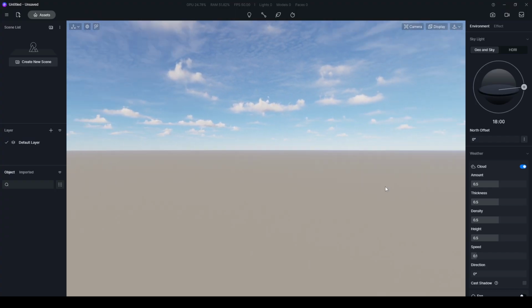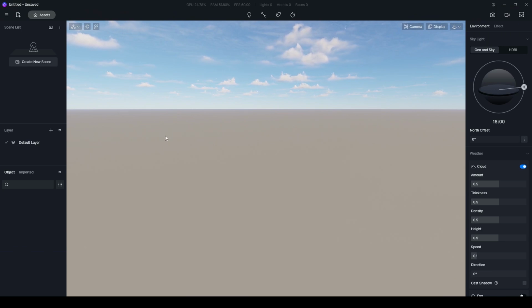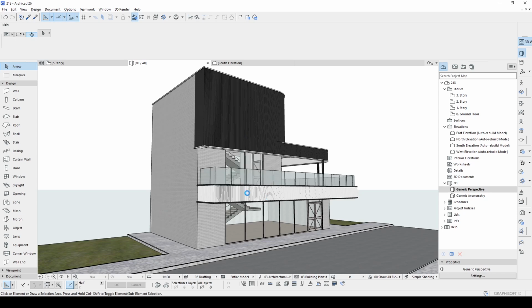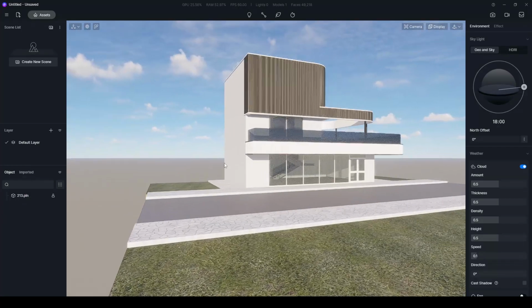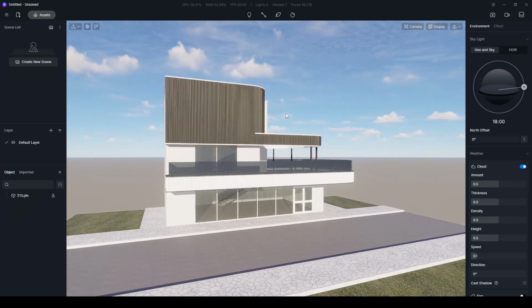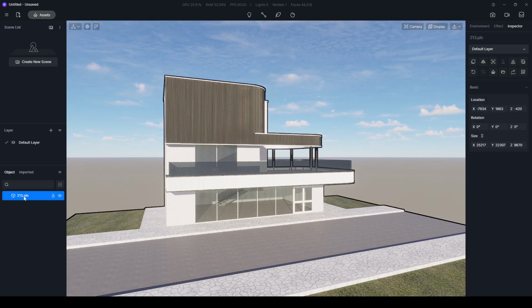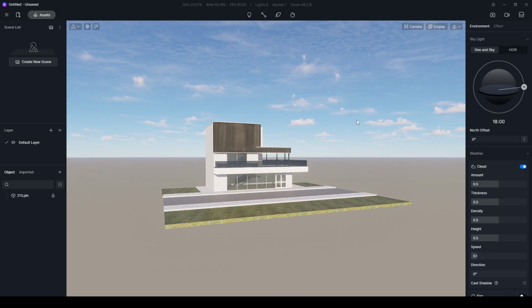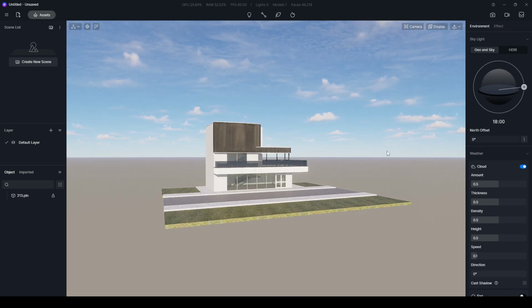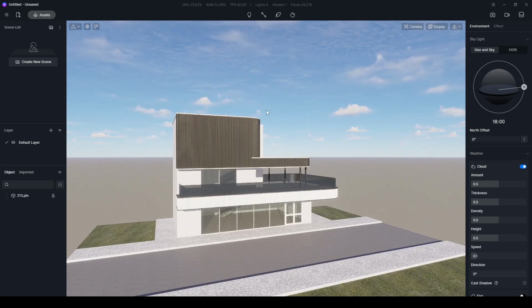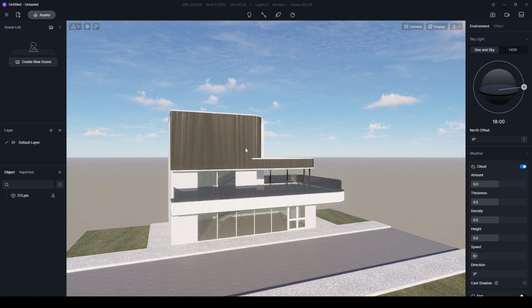Now it's blank, but it's also importing the model. We can see it in the ArchiCAD. Let's just wait a little. There we go. And we can see our model. Now, very important first steps. First things first is selecting our model from this object menu and clicking this synchronize coordinates, because when we import something, they wouldn't be intersected properly. Now we click synchronize and our newly imported models will attach to the scene aligned properly.